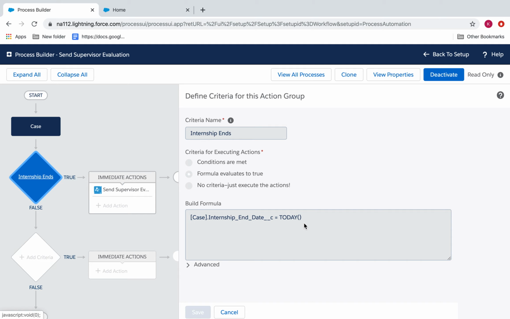What that means is that even if the status is not set to approved, if the internship end date approaches, the supervisor will still receive the evaluation. So this is the only acceptance criteria that is not fully met. However, we figured out that with this process, when the internship end date approaches, the survey does get routed to the supervisor. And then finally, in the submit evaluation use case,